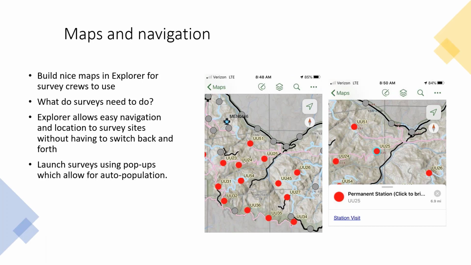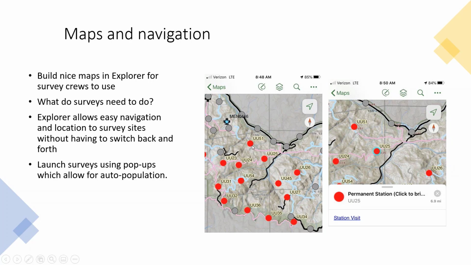So what do these look like? We decided in our second iteration that one of the first steps we needed to do was to build a really beautiful map, an elegant and simple map that could be used by our field staff to locate their surveys. For spotted owls, there are really 2 different types of surveys. There is a nighttime survey where you go to these red highlighted stations.